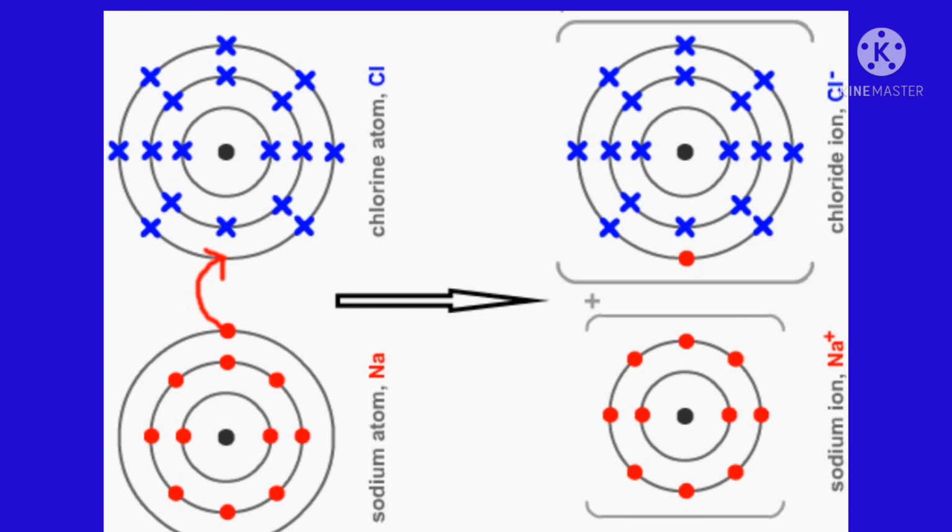Is chlorine a stable atom? No. To be stable, the last shell should have 8 electrons. Here chlorine has 7 electrons in the last shell. So in order to attain stability, it gains 1 electron from the neighboring atom. Thus it forms a negative charge. So all nonmetals form negative charges. Oxygen carries 2 negative charges because the last shell of oxygen has 6 electrons. In order to attain 8 electrons, oxygen gains 2 more electrons, so it forms a 2 negative charge.